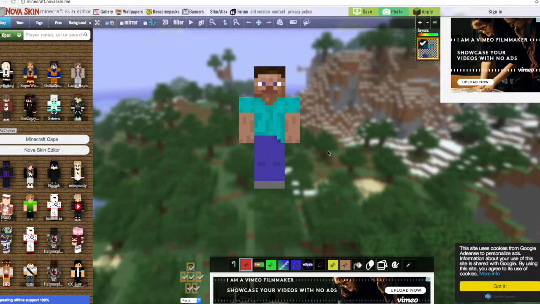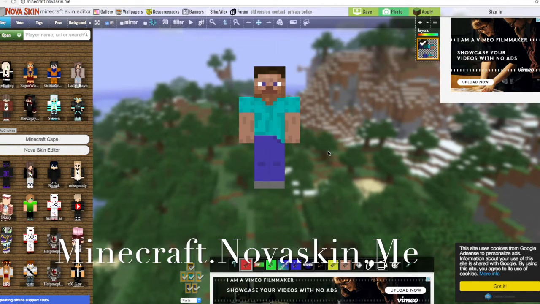Alright, hi Minecraft educators. I would like to show you the greatest resource I've found so far that lets you build skins and avatars. Avatars for graphics and skins for actual gameplay in Minecraft. So the site is up here in the top left. It's minecraft.novaskin or